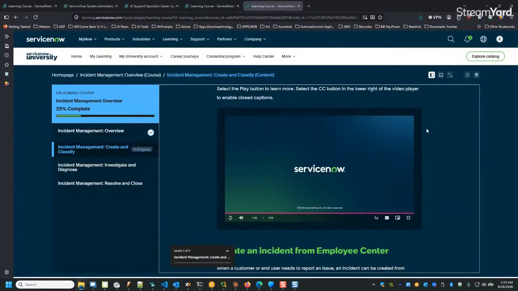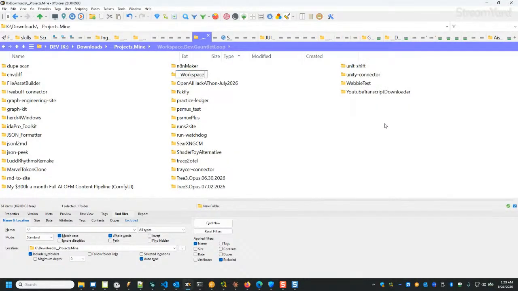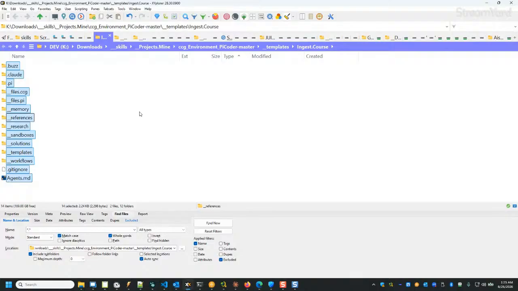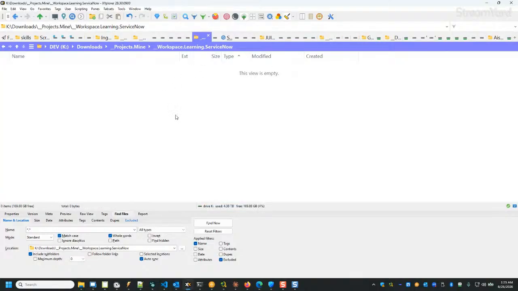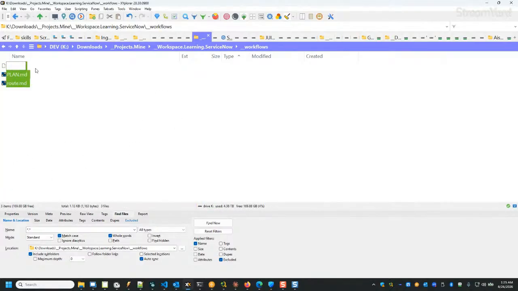Okay. We'll delete that. Workspace, learning, and then ServiceNow. And then, of course, we're going to do like we've always done. We're going to make this a routing base. That was me. Okay, awesome. We're going to make this routing base, which means we're going to have one for